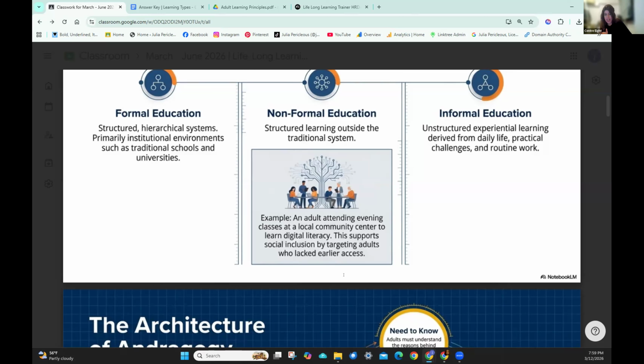And it will provide you with a professional qualification. It's a non-formal education because it's happening outside the traditional system. And most of the times, adults, when they're doing seminars, when they're doing professional development, they are falling within non-formal education. Now, informal education,